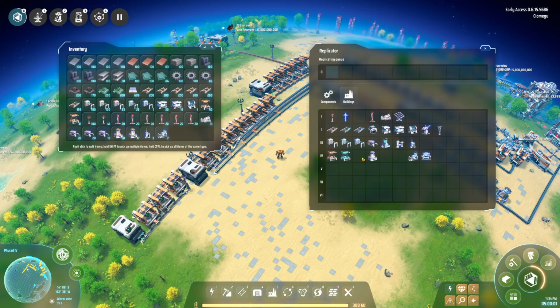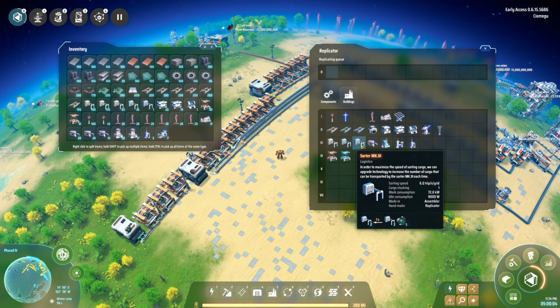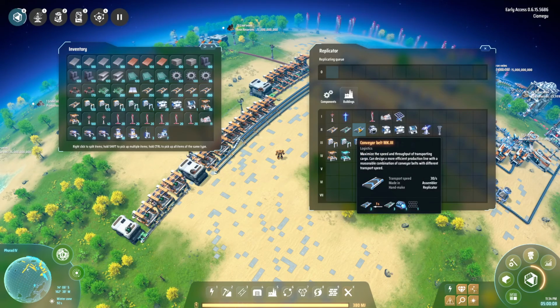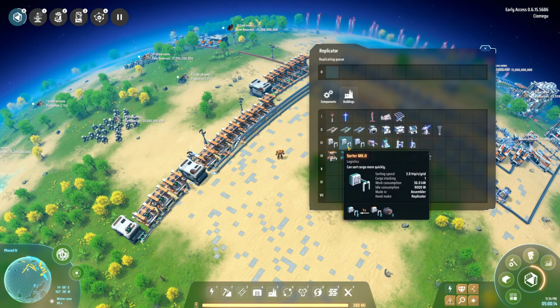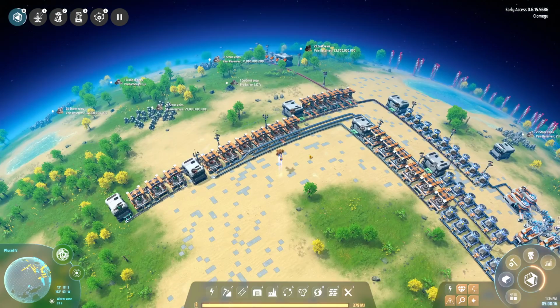The other ones need some heavy stuff to be used, but you will need the sorter MK3 and you will need the conveyor belt MK3. This is very important stuff. We'll talk about this mid game. We do a lot of stuff. Now, on the early game,